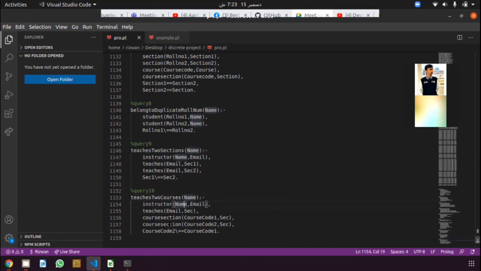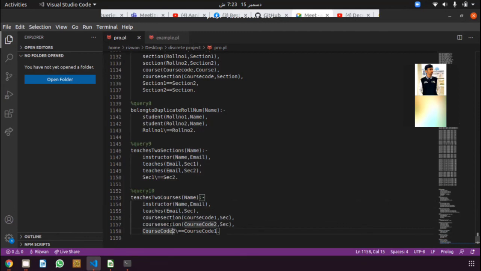For this query, we use the knowledge base of instructor that will return the email of that instructor, and we use the knowledge base of teachers that will return the section that teacher is teaching, and we use the course section knowledge base. From this we get the course code of the section the teacher is teaching.